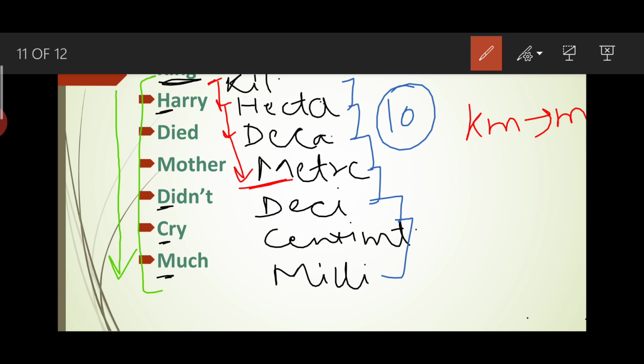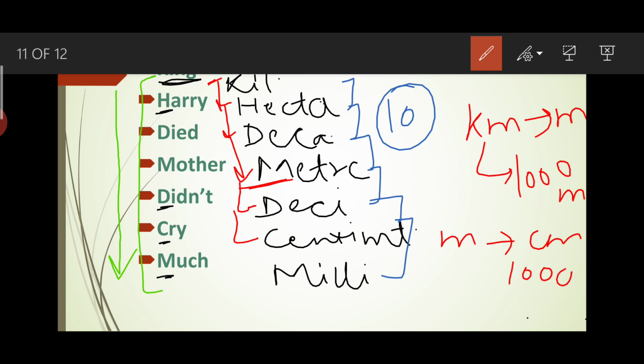3 distance चले हैं तो किलोमीटर से मीटर में कितना होगा? 1000 मीटर। Okay, now अगर तुम्हें मीटर से सेंटीमीटर जाना है तो कितना होगा? 1 और 2, तो इसका मतलब 100 सेंटीमीटर। अगर मीटर से मिलीमीटर जाना होगा, तो कितना जाओगे? 1, 2 and 3, so 1 meter is equal to 1000 millimeter. This is a shortcut of your entire conversion.